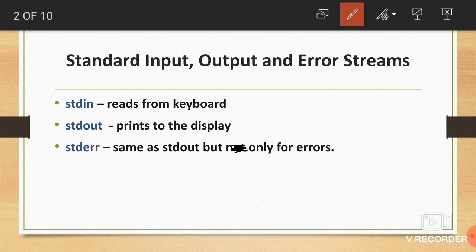Similarly, whenever you find any error in your program, that error will be displayed on the monitor. That's why it is the same as the standard output device, but it is used only for errors.